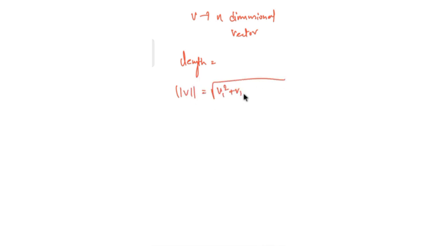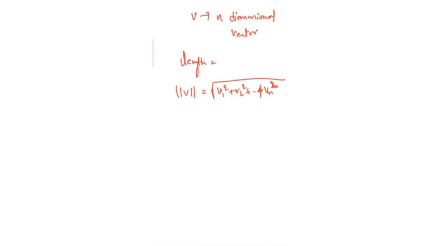In the same case, if v is a higher dimensional, n-dimensional vector that I'm taking, then the length is represented by this. It's basically nothing but v1 squared plus v2 squared plus so on up to vn squared. Bad handwriting, I know. So if you want to find the length, the dot product with that vector itself, you're going to get that. This is how you extend your ideology to higher dimensions.